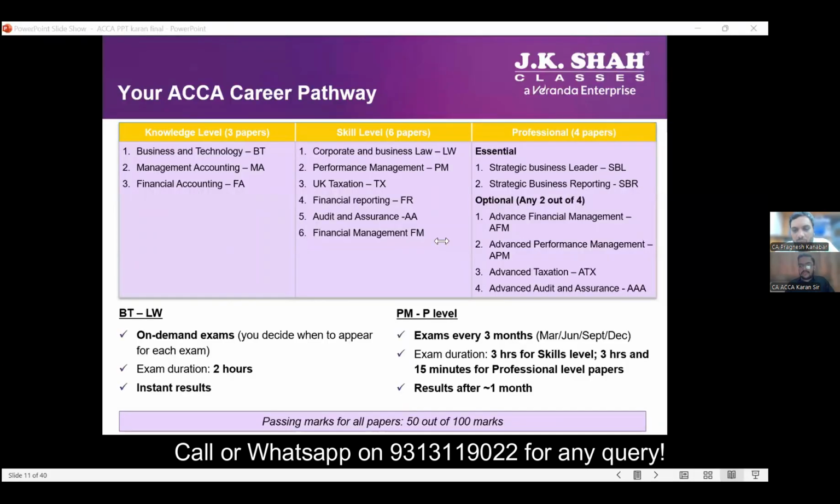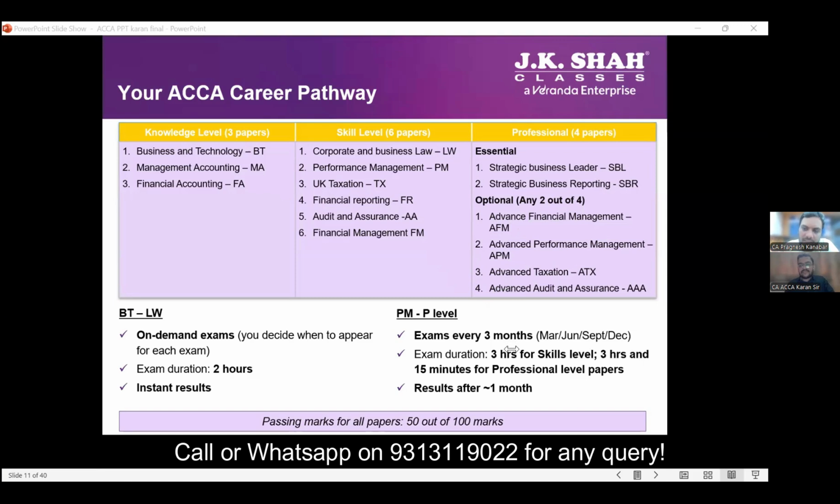Okay. So, sir, what is this advanced taxation? Is it Indian taxation? No. This is prima facie UK tax. There are several variants of tax, for example, UK tax, Malaysia tax, Singapore tax, Pakistan tax. But unfortunately, we do not have Indian tax in ACCA. So the students who actually go for it are students who gave UK tax at the skill level. If I talk about 100 students, hardly 2 to 3 people are actually willing to go for advanced taxation as a paper.